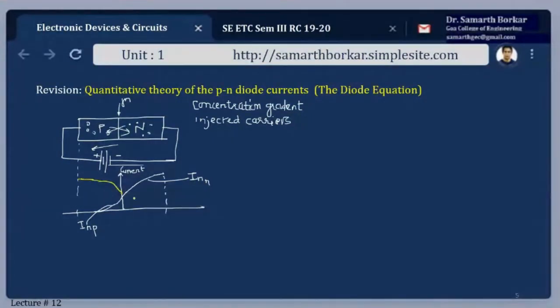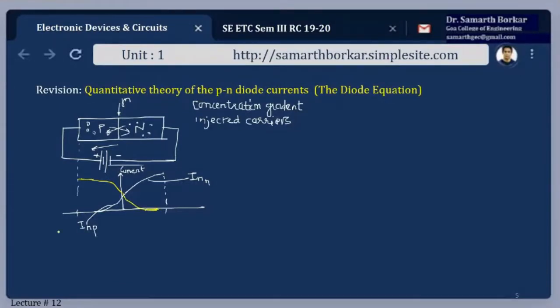Fine. So it is decreasing, and then when it enters the n region, the number of electrons is very large. So the moment a hole enters here, one of the electrons will try to jump into the hole, so recombination of hole and electron is going to take place. The effective number of holes in this region will keep on decreasing, and naturally the current will start to drop. I hope this is clear. These are the current components.